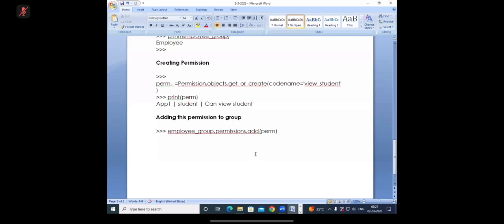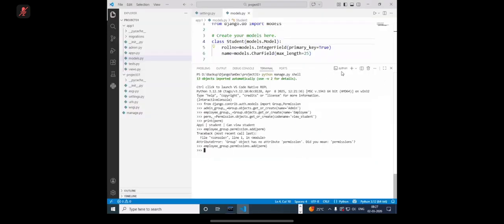After authorization, you have to verify whether this person has this permission or not. Okay, now this is done. After this,